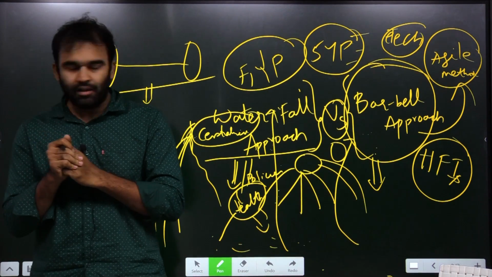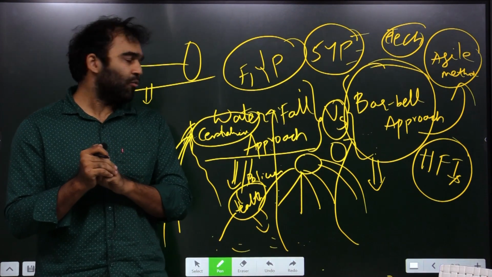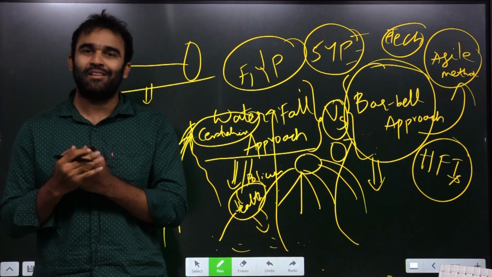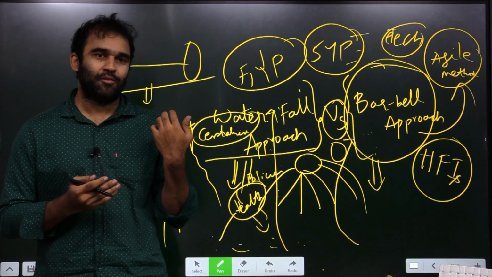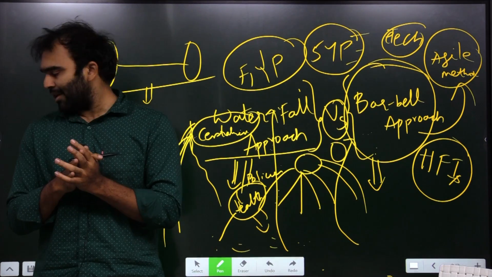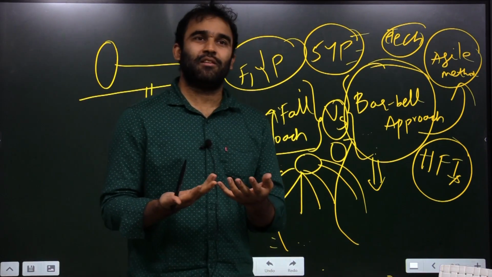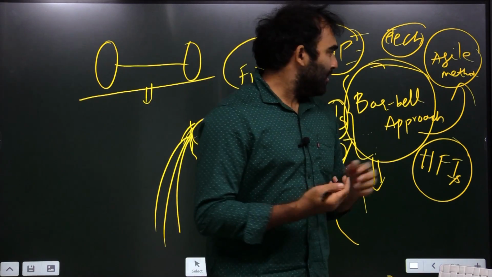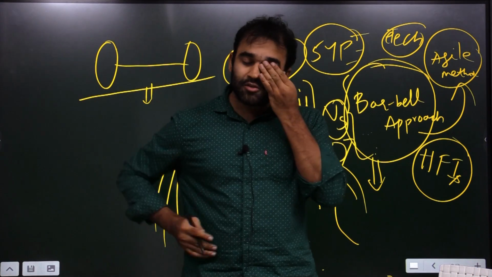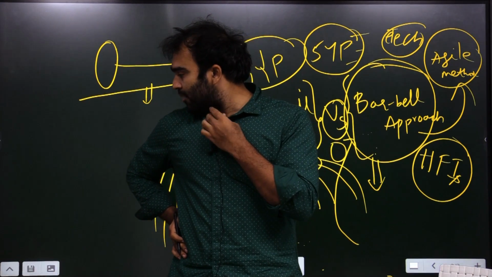I was explaining barbell approach and waterfall approach. To explain them, you need all this explanation. Without mentioning that, you can't understand barbell and waterfall approach. And agile approach, I am not including these words. These are part of the subparts. The economic survey is also mentioning agile approach in simple words.